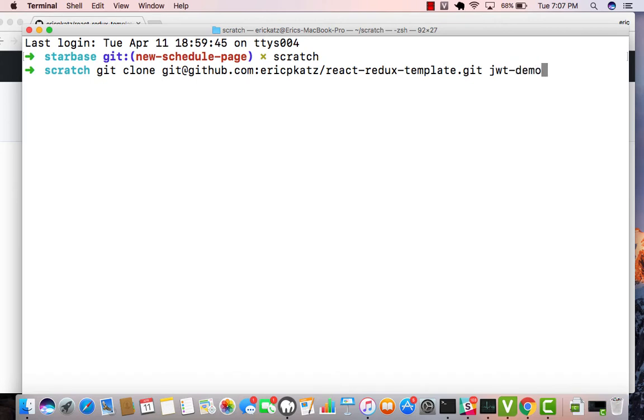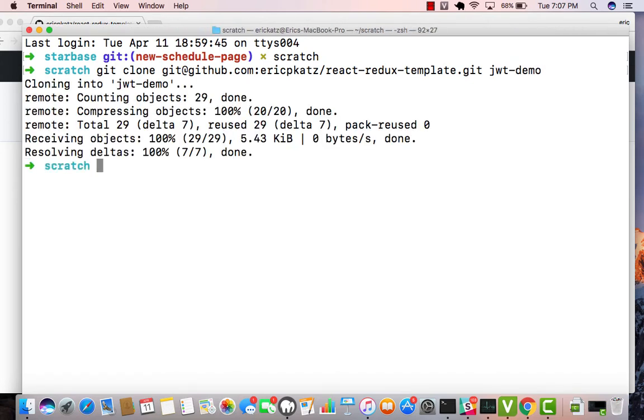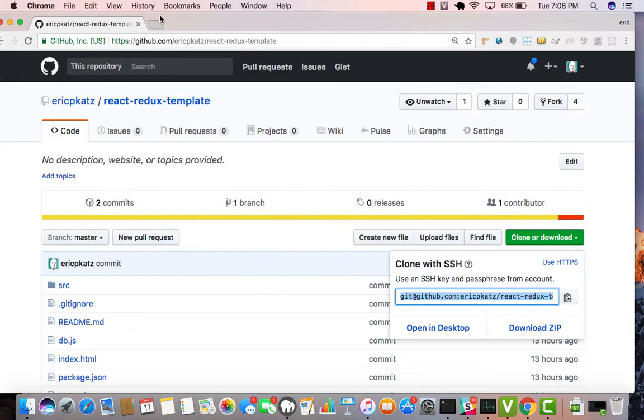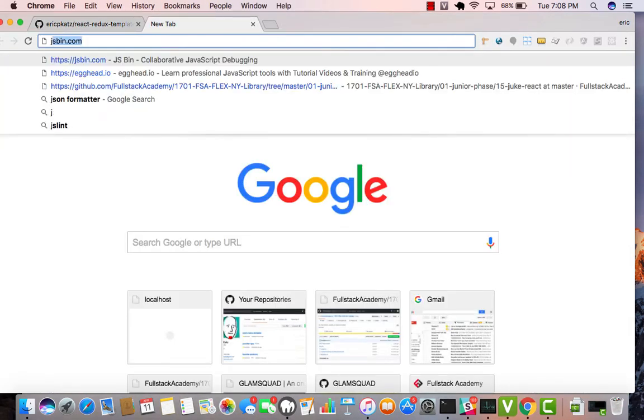And I'm going to call this JWT demo. So JWT is a JSON Web Token, a way to encrypt data. And it's fairly simplistic. In fact, if you were to go online and do a search for JWT token,